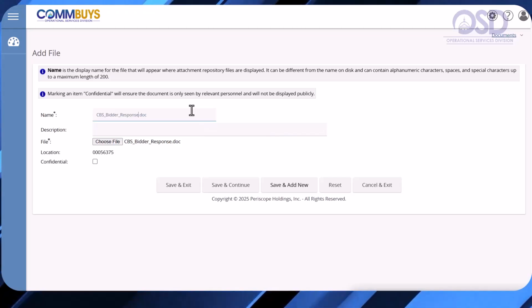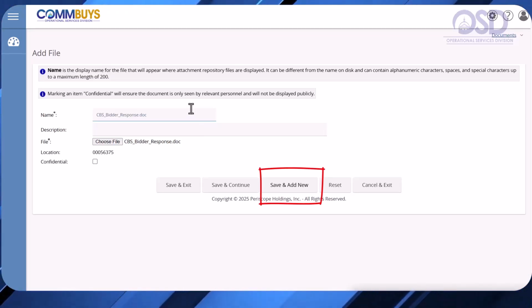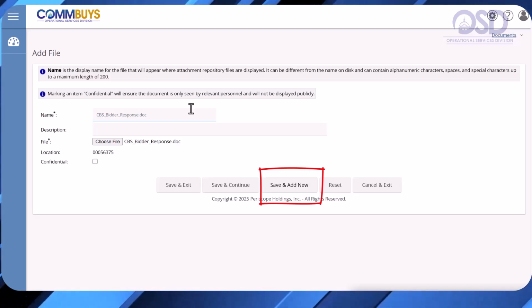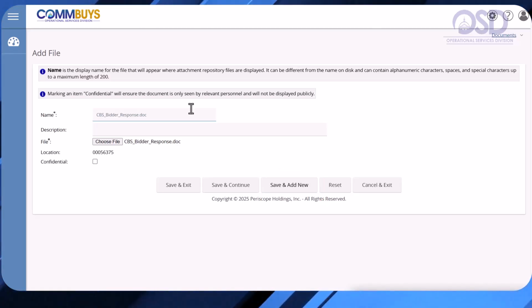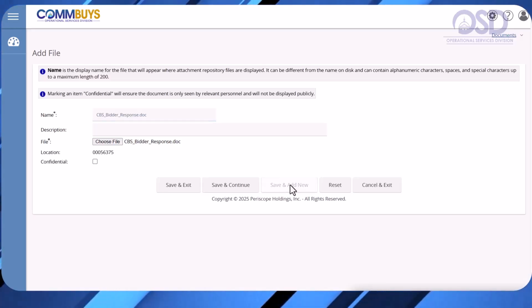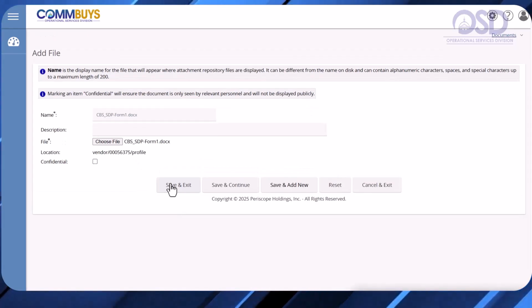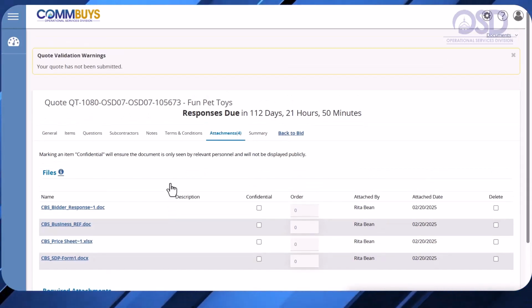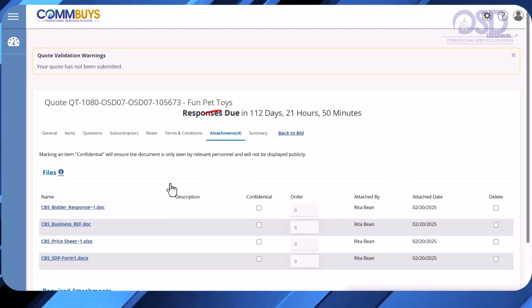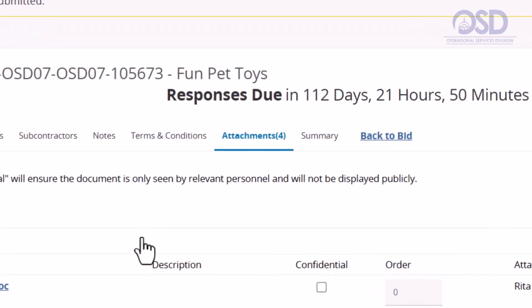Click Save and Add New to upload the file and continue to add more files. The file is now attached to the quote. Repeat the process until all of the required documents are attached to the quote. The Attachments tab label displays the number of uploaded documents.